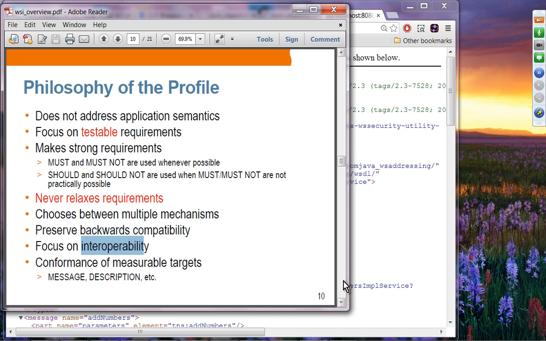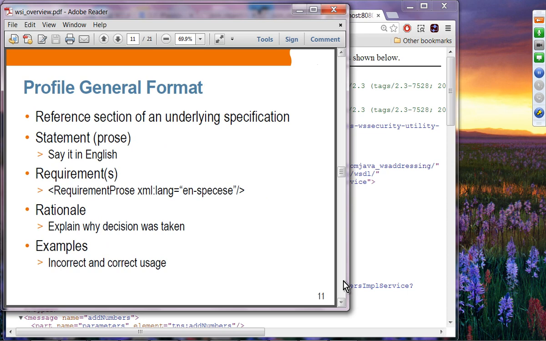So as long as you understand the basic concepts of the basic profile, that's good enough. Profile general formats: if you take a look at the basic profile documentation, it references the section of the underlying specification. It specifies the web services specification we are constraining or providing guidance for, and then it has a bunch of guidelines, I think called rules.